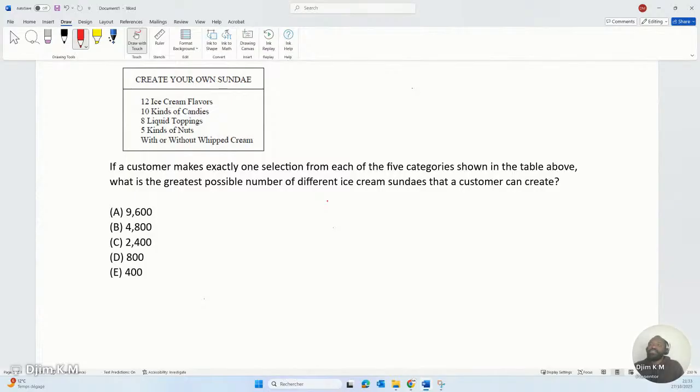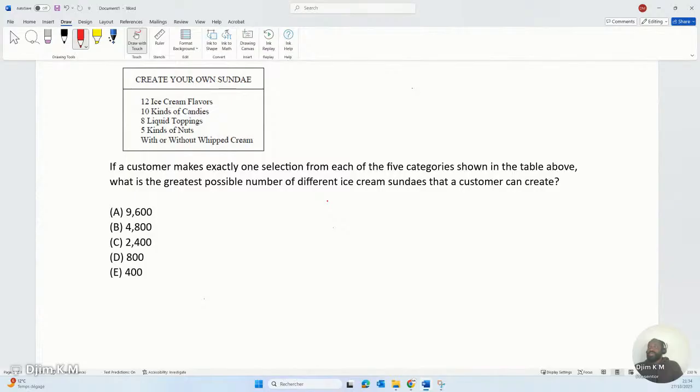So it says if a customer makes exactly one selection from each of the 5 categories shown in the table above, what is the greatest possible number of different ice cream sundaes that a customer can create? So if a customer can make exactly one selection from each of the 5 categories shown in the table,